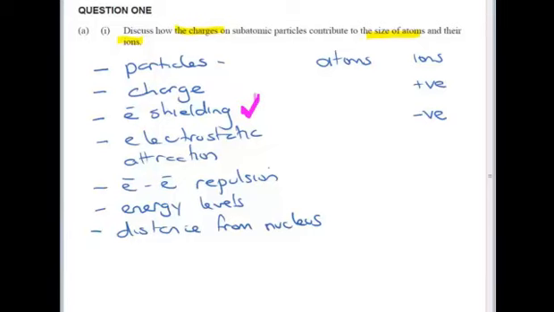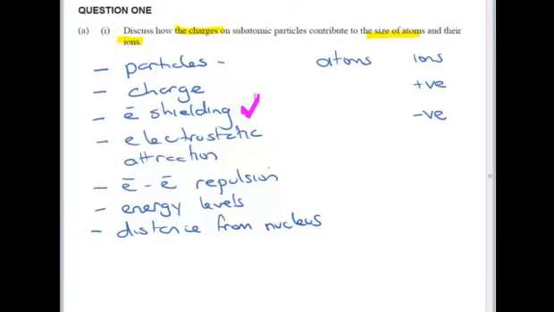And then when we talk about electron-electron repulsion, that electrons will repel to be as far apart as possible. So the more electrons in an orbital, the more electron repulsion there is. The greater the distance they are away from the nucleus, the less the electrostatic attraction. Okay, so those are all things that you need to talk about in a coherent way as you go through that, but you also need to link it to